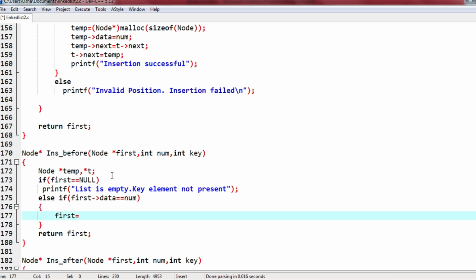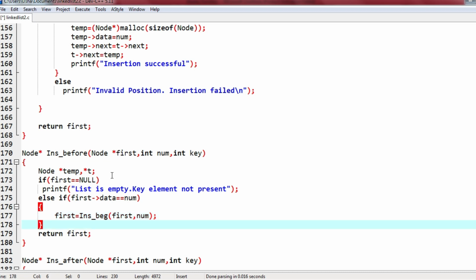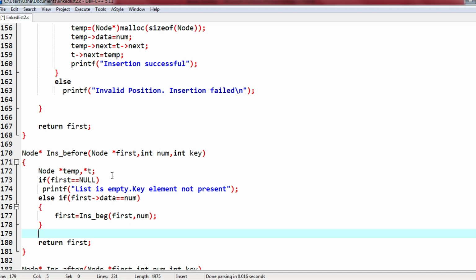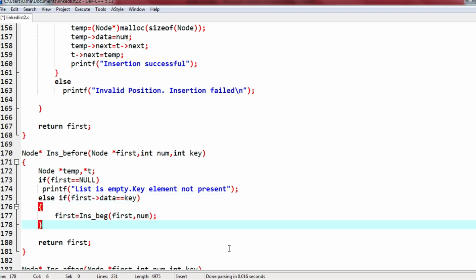So first is equal to insert beginning first comma num. So if I have to insert in position number 1, I will call the insert beginning function. Okay, now first data is not the required, first data should be equal to key element, sorry. So if first data is equal to key element, then we will insert before that. For that we will call insert beginning function.